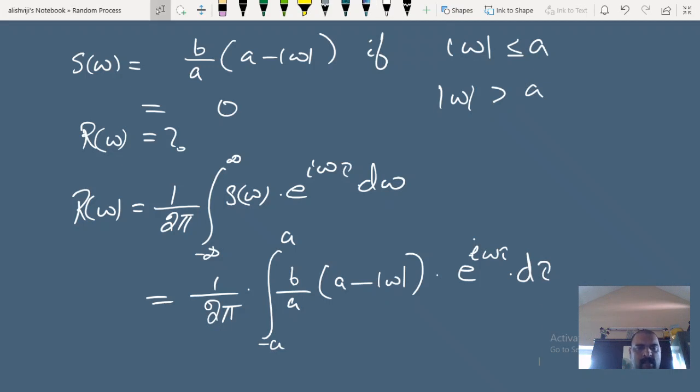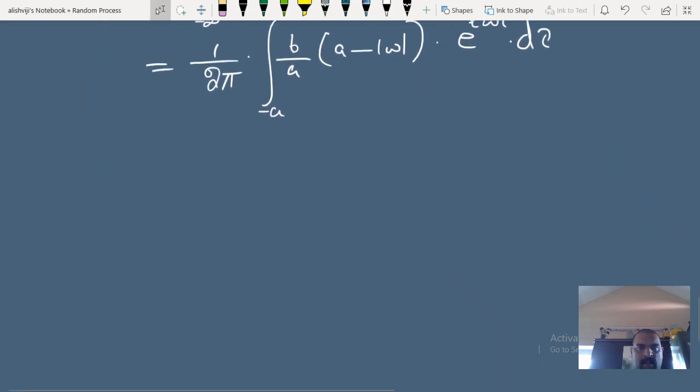So just evaluate this particular integral, and that will give the required autocorrelation function. So it is 1 by 2 pi into